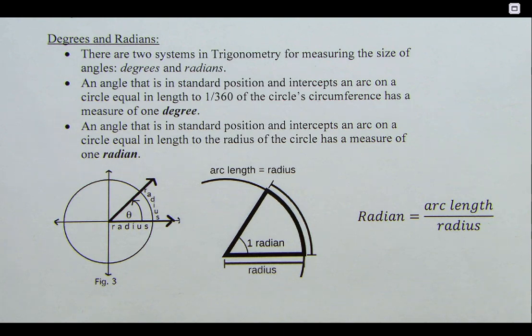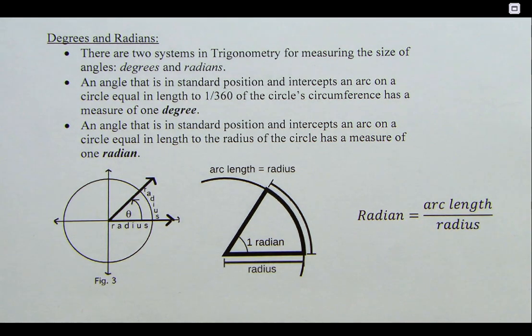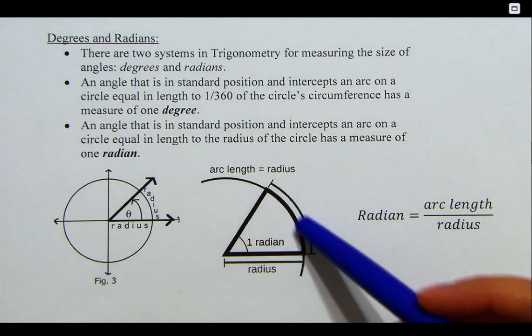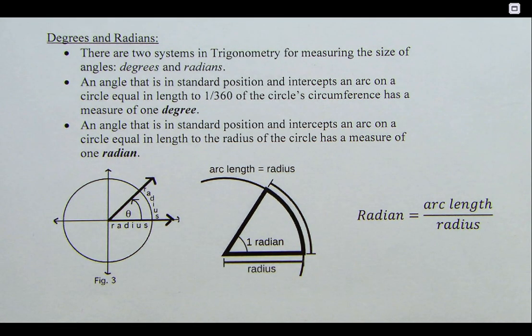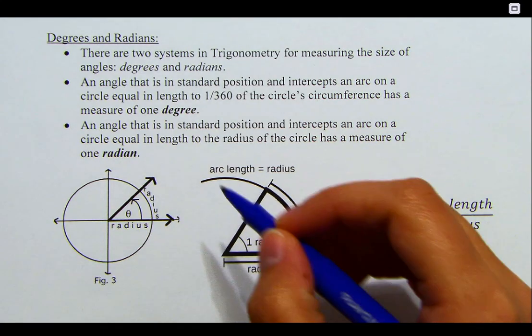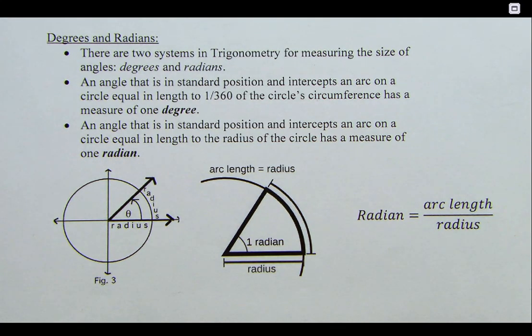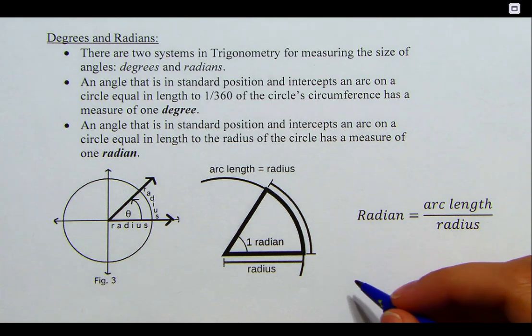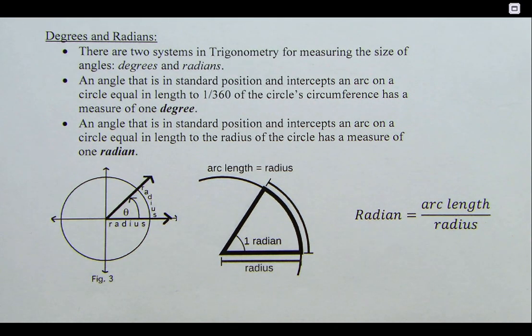So to start with, this concept is a little bit hard to grasp just because we're not used to it. So a radian is really the ratio between our arc length and the radius of a circle. Now, when we're thinking about arc length, that is how far we're going on a piece of a circle. So let's think about the whole way around our circle. So if I'm starting here and I went all the way around, we would call that the circumference. And if we're thinking about a circumference, the circumference equals